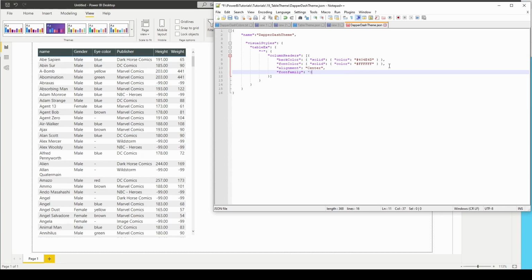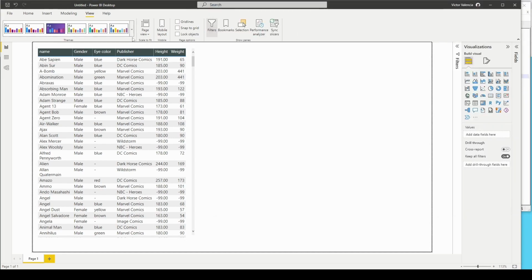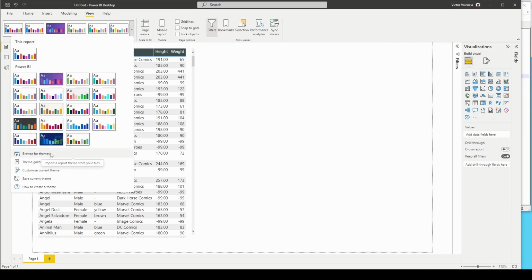For this one, I'm going to go with Segoe UI and Bold. Oh, and let's also change the font size. So comma, and then fontSize, colon, and for this one, I'm going to do a font of 14. I'm going to go ahead and hit save, go back, reload my JSON theme,